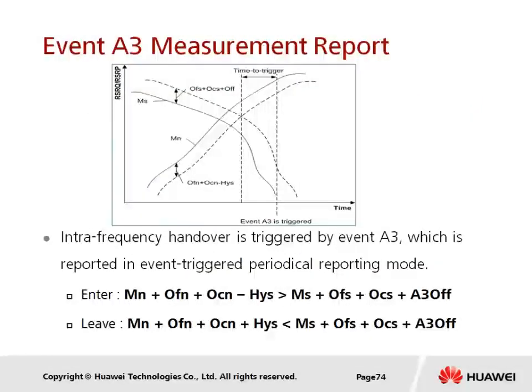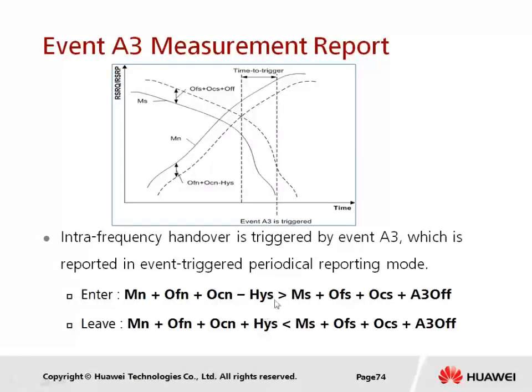So this is the chart showing the event A3. Event A3 is defined as the signal of the neighbor being greater than the serving. To enter event A3, the measured RSRP or RSRQ of the neighbor cell, plus the frequency offset for the neighbor, plus the CIO, cell individual offset between the source cell and the neighbor cell, minus hysteresis,